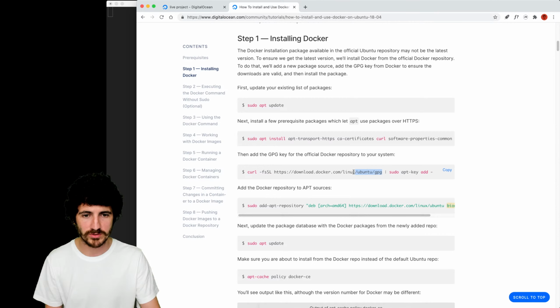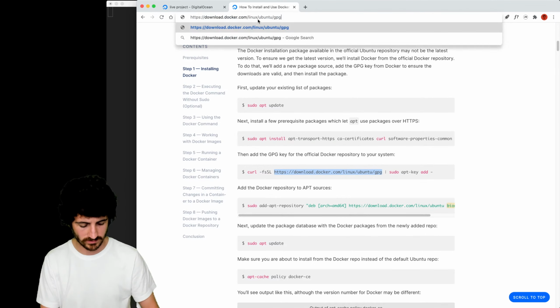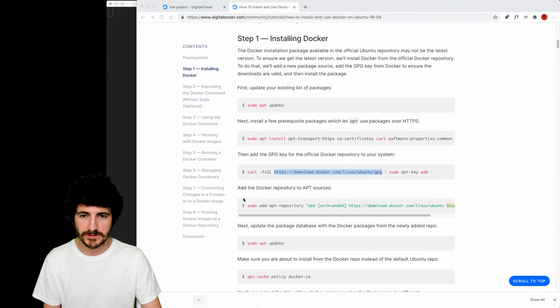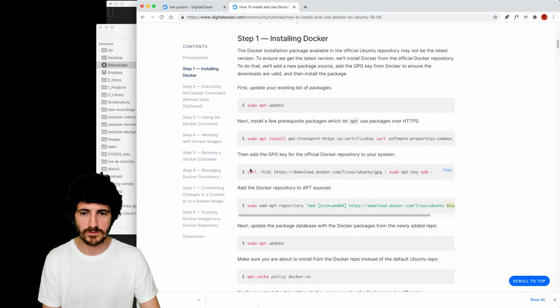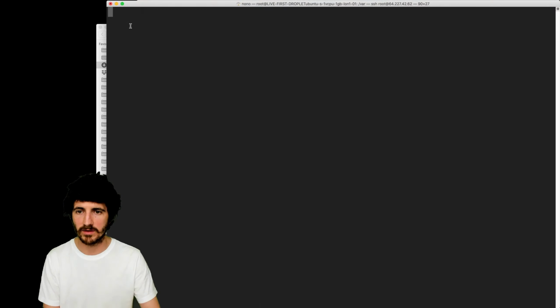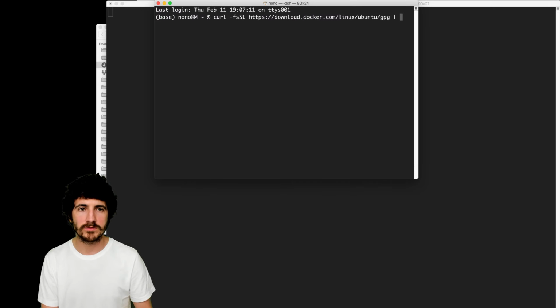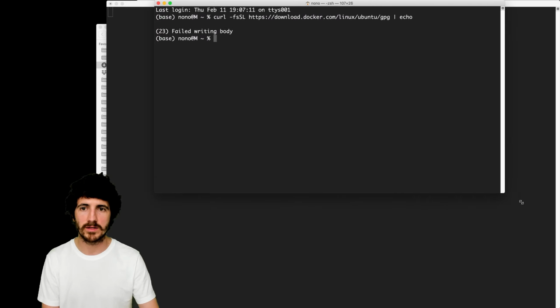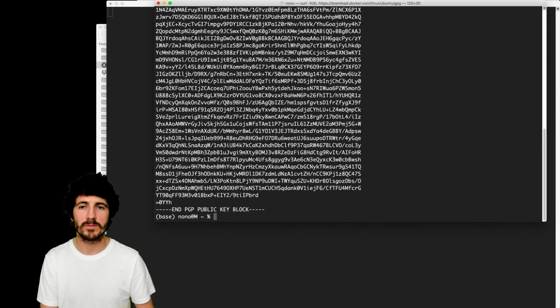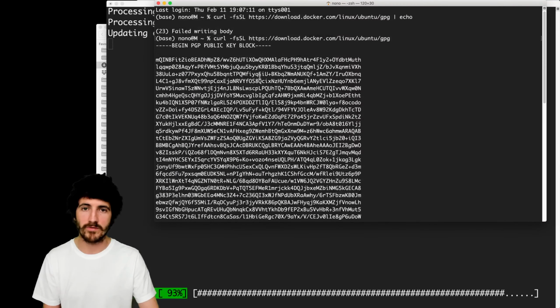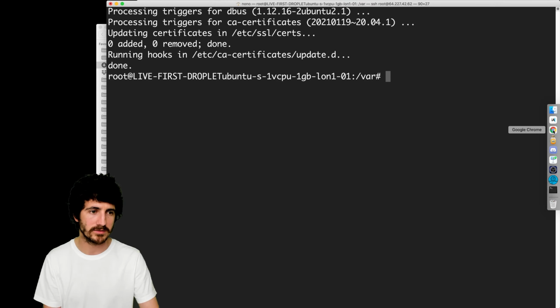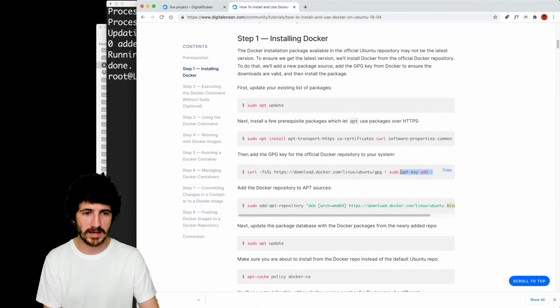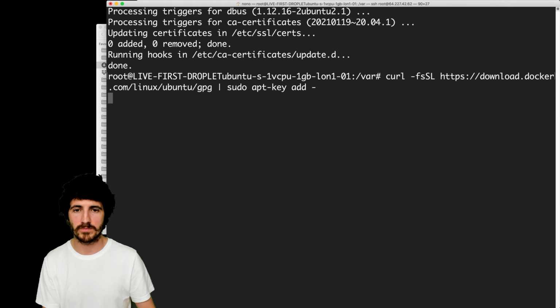Here we'll add Docker's public GPG key to our system. If we look at the command, what this is doing is getting the key from a URL. Let me just do this. Okay, so this is the public key. This public key is to verify from Docker's URL that what we're going to download is exactly Docker and we're not downloading something else. So it's a safety trick. We can add this to our system keys to make sure that we trust that one.